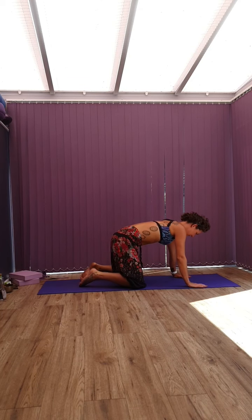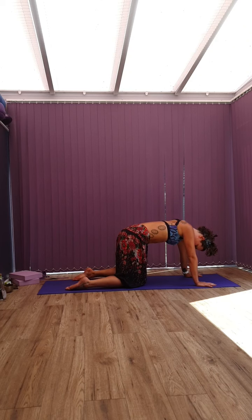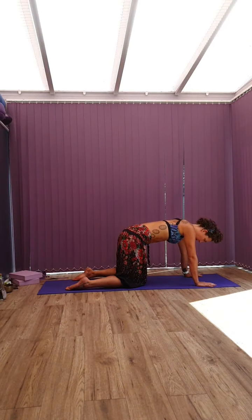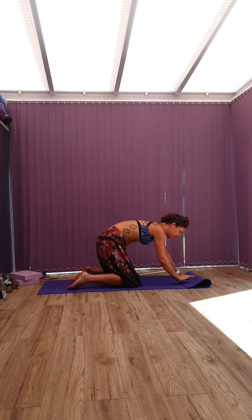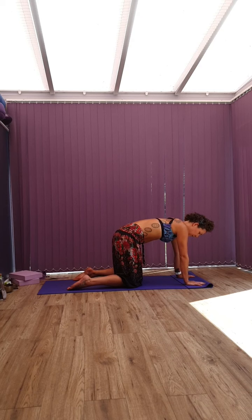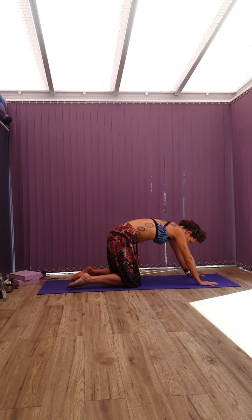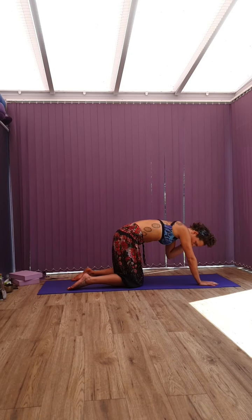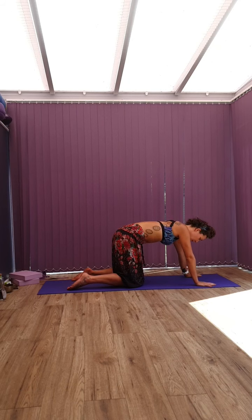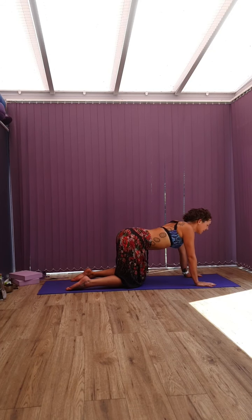Okay, fantastic. Now we're going to come up onto our hands and knees. So you want your knees underneath your hips. Ideally, you want your wrists underneath your shoulders. If that is too much strain for the wrists, you can fold your mat over, which gives you a little bit more padding. Or if you need to, you can have your hands slightly in front. Okay, so we're going to inhale as we look up and then exhale